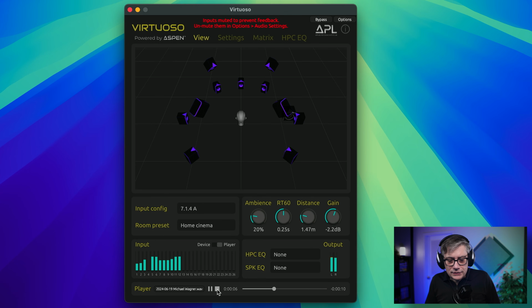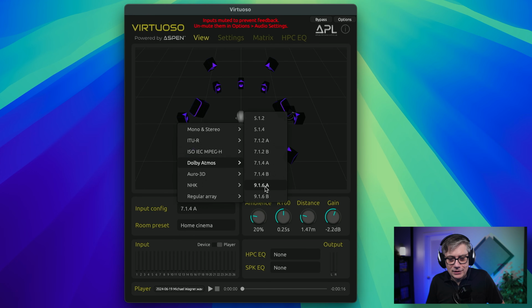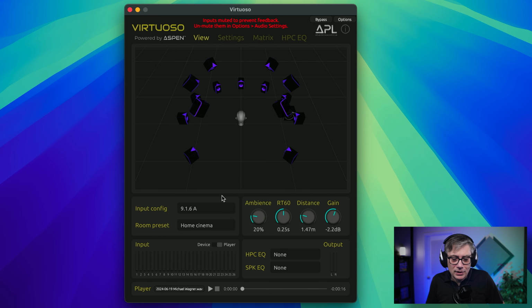Now, the interesting thing is that this is actually decoded in a two-step process. It first takes in the Dolby Atmos master file and converts it to whatever speaker layout you have selected. And then in a second step, it takes the speaker layout that you have and converts it into binaural with the head tracking that you have enabled, if you have head tracking enabled. That essentially means that you can actually switch out the speaker layout. So you can, for example, binaurally monitor not only the 7.1.4 layout, you could switch it over to, let's do something else, 9.1.6, for example. And what you could get now is a binaural rendering of a 9.1.6 speaker layout.